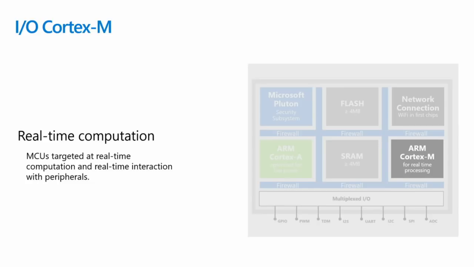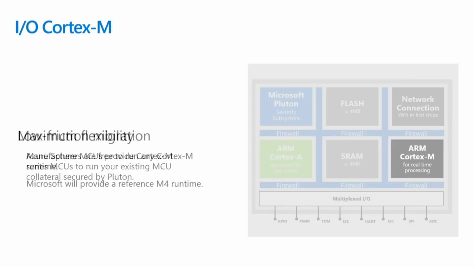Finally, we have an MCU. We have a traditional MCU on these cross-core MCUs. It's where you do real-time computation. Real-time access is basically bare metal execution with a traditional RTOS. Because of that compartmentalization in silicon, we prevent that software from running amok outside the sandbox we provided it. So basically, you can run whatever you want there. A lot of manufacturers have their existing RTOS that they want to run, and they're free to deploy it and run it. We just treat it like an application.